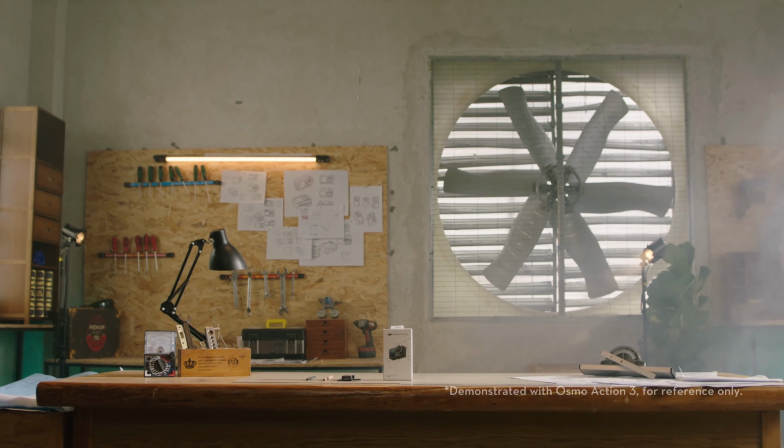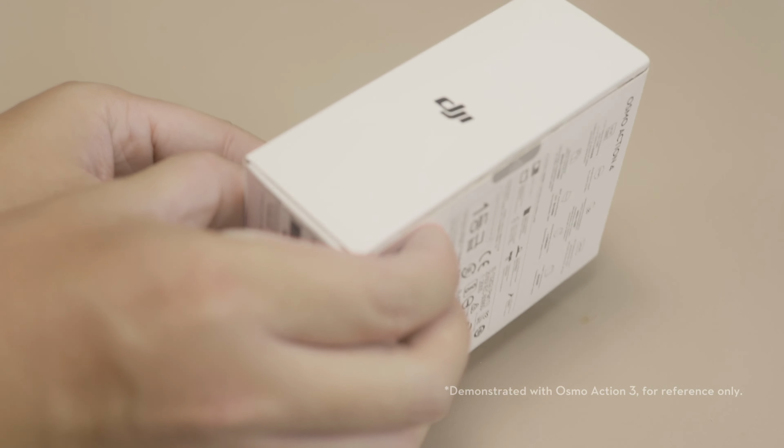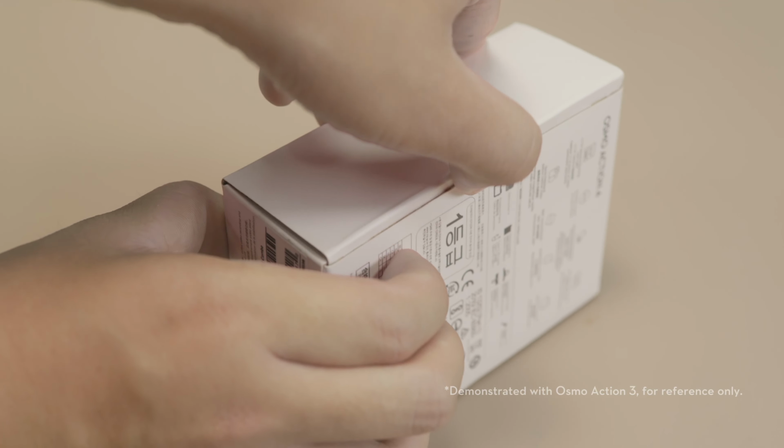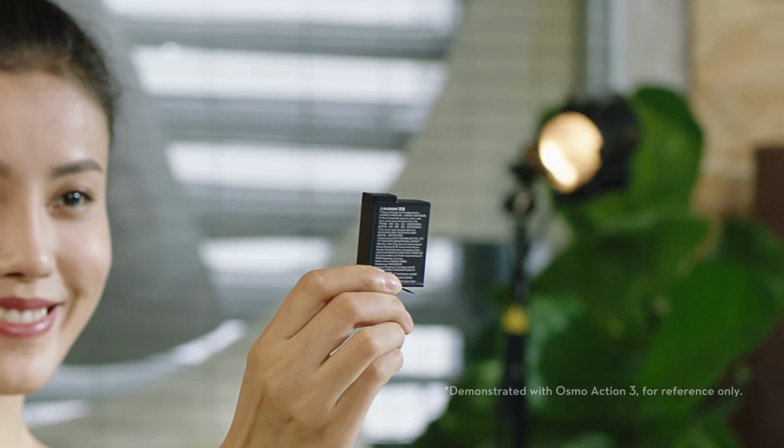In this video, we will show you how to set up and use your Action 4 for the first time. Open the Osmo Action 4 standard combo. Take out the accessories in the box: an Action 4 Extreme battery,